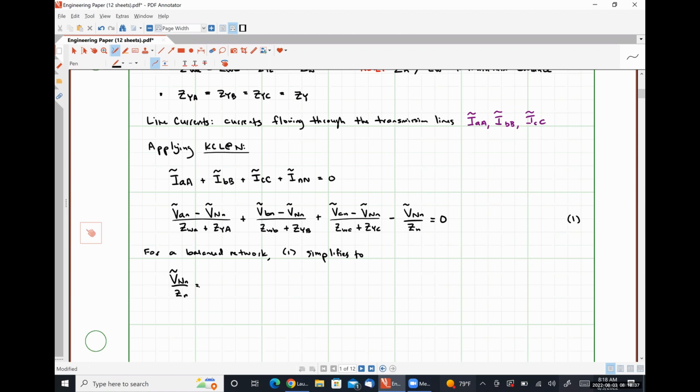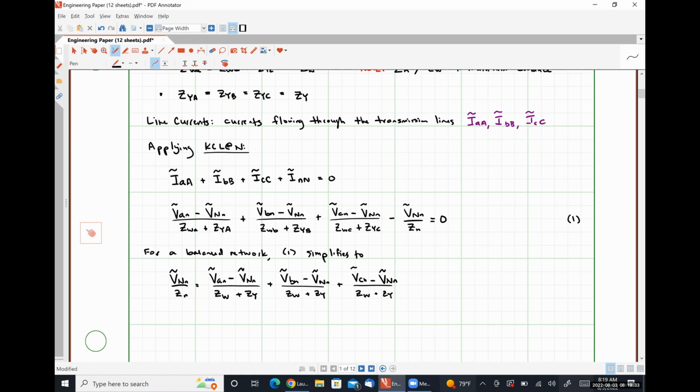And then we would have VAN minus VNN over ZW plus ZY for our balanced network. All of our transmission line impedances look the same and all of our load impedances look the same. And we're going to have plus VBN minus VNN over ZW plus ZY plus VCN minus VNN over ZW